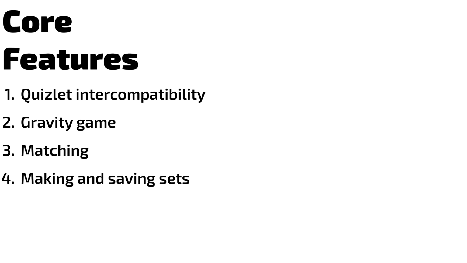4. Making and saving sets. I want the user to have the ability to make and save sets within the software. The outputted format for save sets should be in a commonly readable format, such as TXT or XML, so that they can be manipulated with other software such as text editors, spreadsheet tools, or note-taking tools like Obsidian or Google Drive. 6. Multiple choice tests.